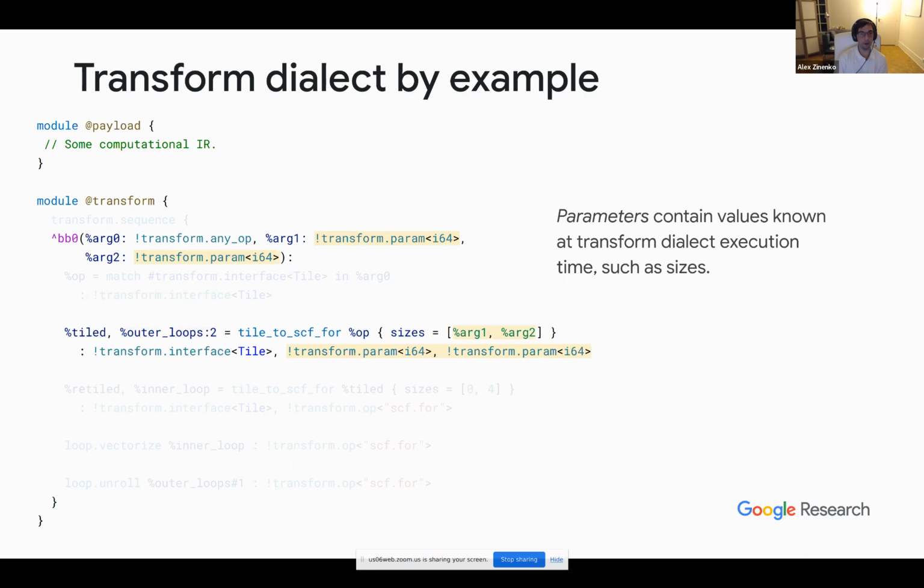Another kind of values that we can use in the transform dialect is called a parameter. And unlike a handle, a parameter does not refer to an object in the payload IR. Instead, it's a value. So it's a value that is known at transform dialect execution time, which is likely compile time, but not necessarily. And why do we need values? Well, we don't always want to tile everything by 32, or we don't always want to hard code things like tile sizes or the amount of fusion or